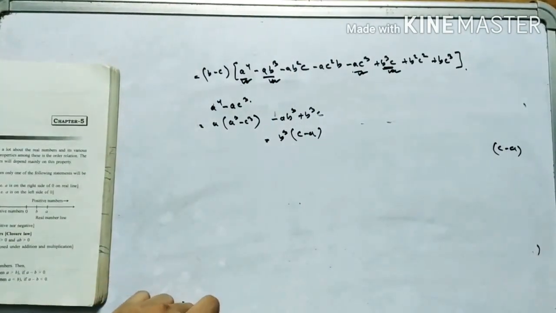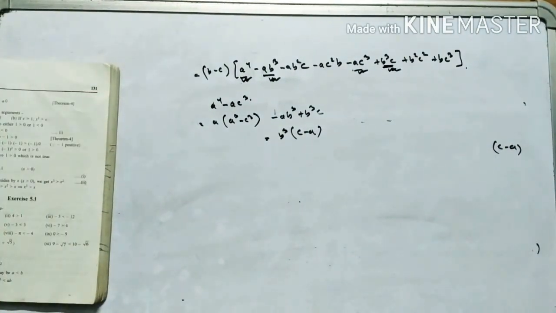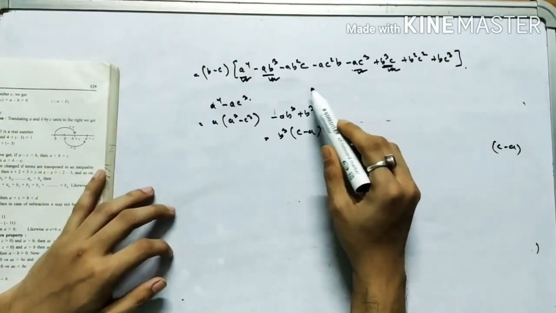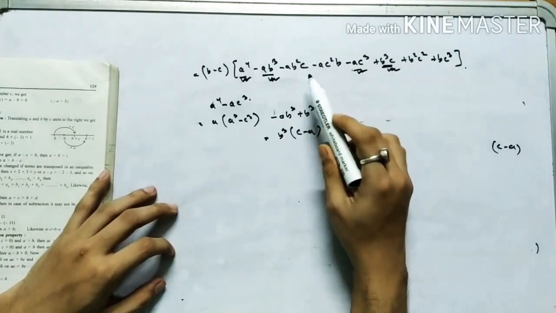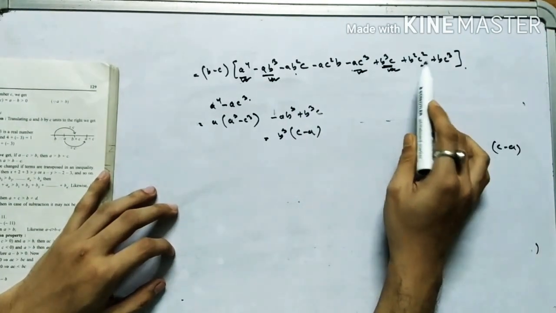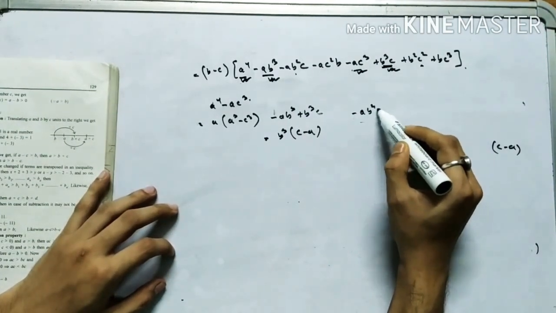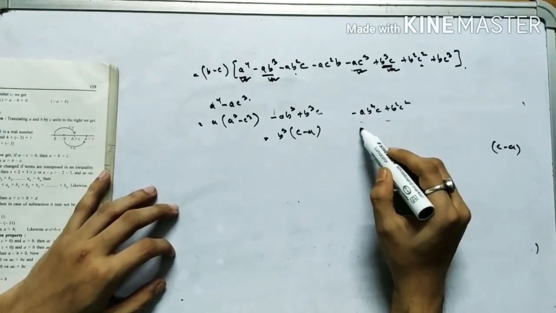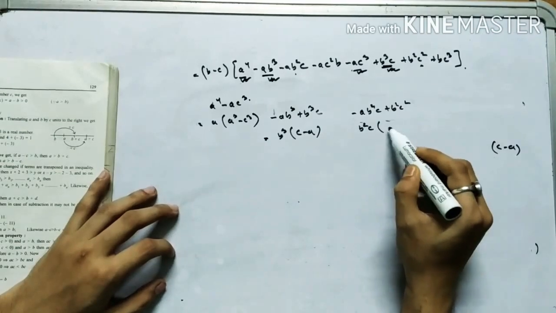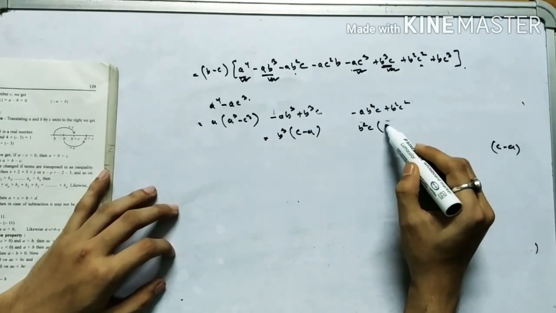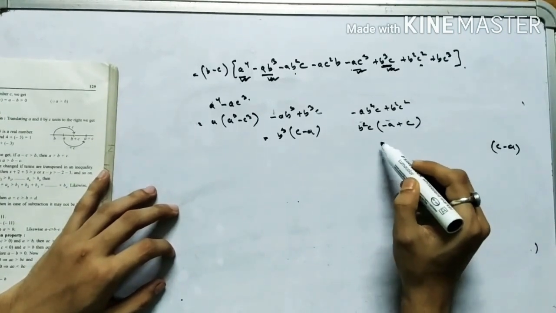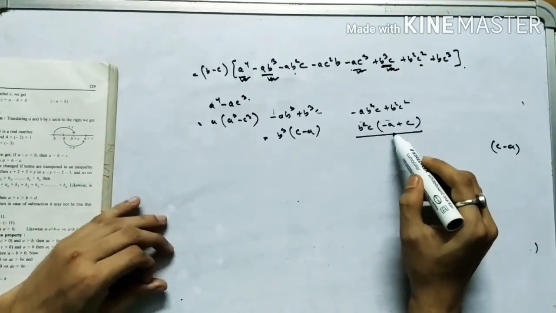So in here you see, so again, this one and this one, if I take minus A square C plus B square C square, from there I can take B square C common, so I will get minus A plus C. Okay, from here also I can get C minus A.